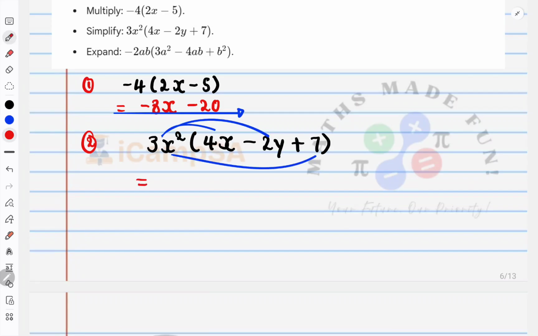So the answer will be 3x squared multiplied by 4x. That would be 12x cubed. And then 3x squared multiplied by 2y will be minus 6x squared y. And then 3x squared multiplied by 7 will be positive 21x squared. That is your answer. And then